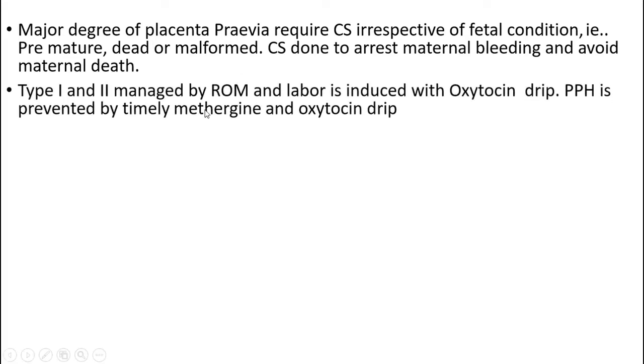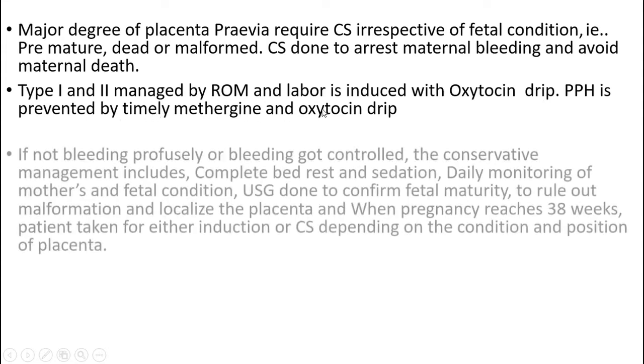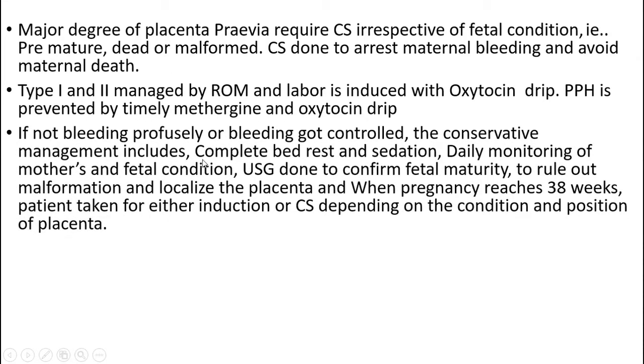Type 1 and type 2 are managed by rupture of membranes, and labor is induced with oxytocin drip. PPH is prevented by timely Methergin and oxytocin drip. If not bleeding profusely or if bleeding is controlled, the conservative management includes complete bed rest and sedation, daily monitoring of mother's and fetal condition, and ultrasound done to confirm the fetal maturity, to rule out malformation and to localize